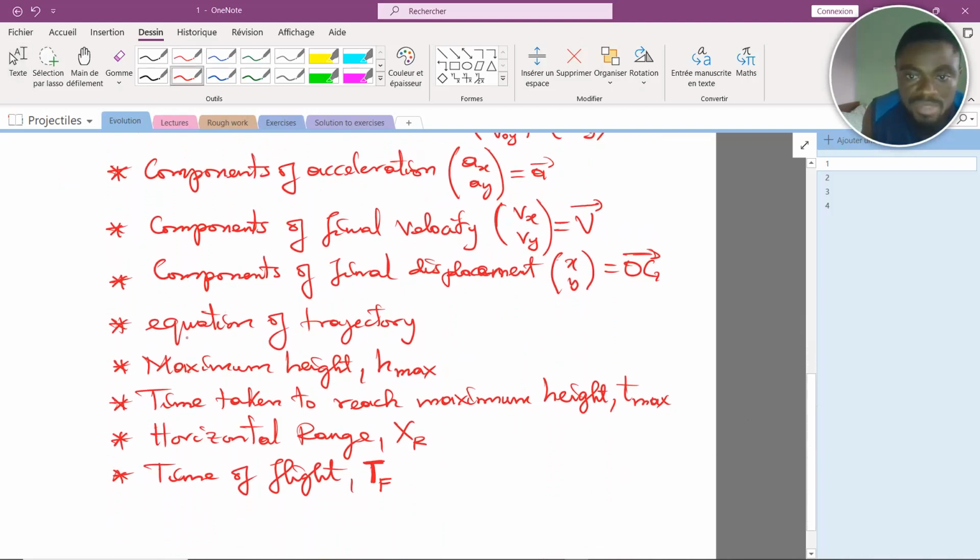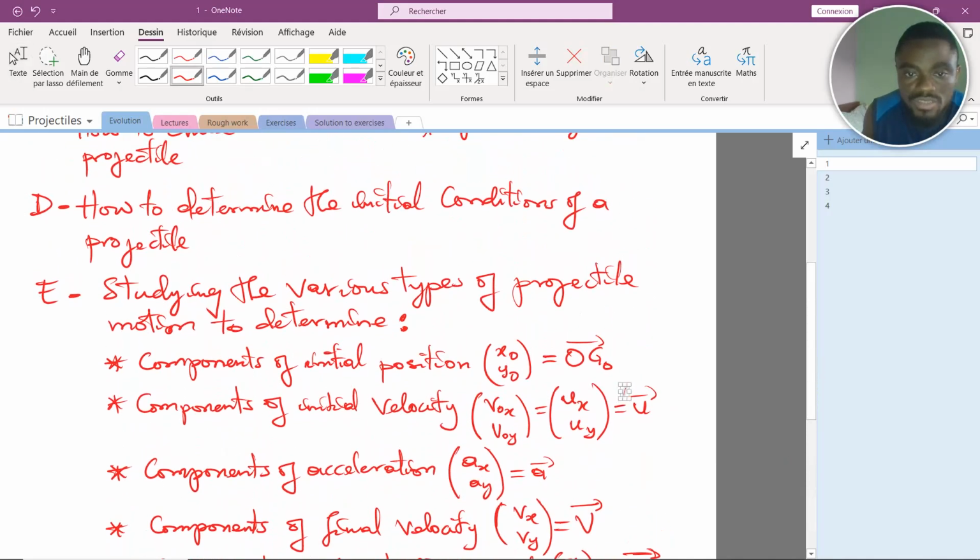We shall determine the equation of trajectory. We shall determine the maximum height, which is h max. We shall determine the time taken to reach maximum height, t max. We shall determine the horizontal range, xr, and the time of flight. So we shall study the various types of projectile motions and determine each of these